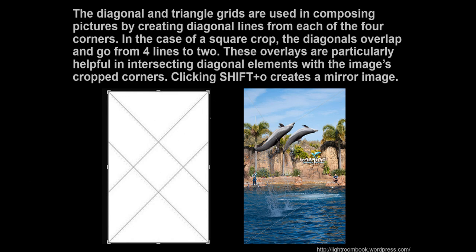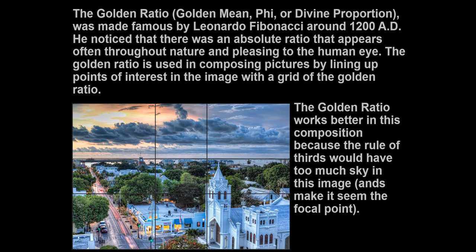And these diagonals will change depending on the ratio of your image, where they're coming from, because they're coming from the corners, right, across to the other side. So if you have any sort of diagonal elements or any sort of motion going on in your images, using them as a tool is a good idea. The golden ratio was found by Leonardo Fibonacci around the year 1200,